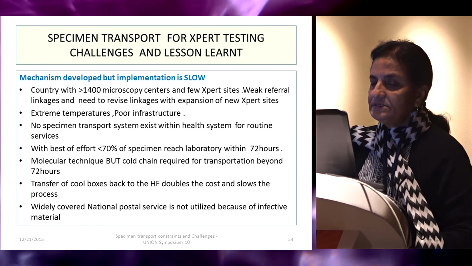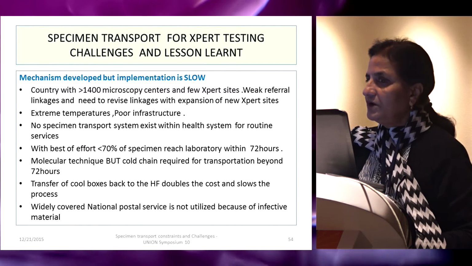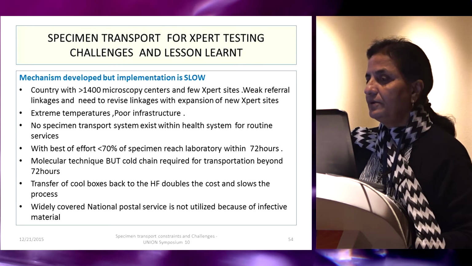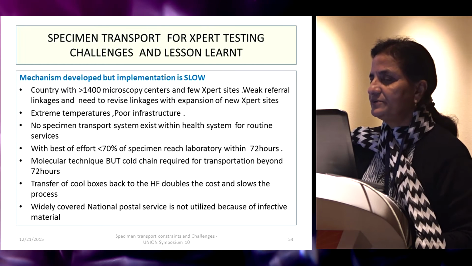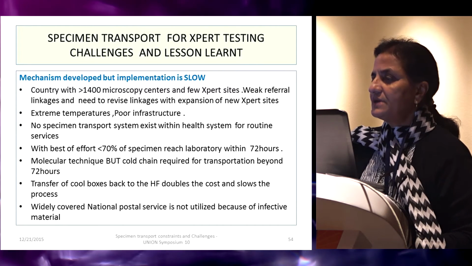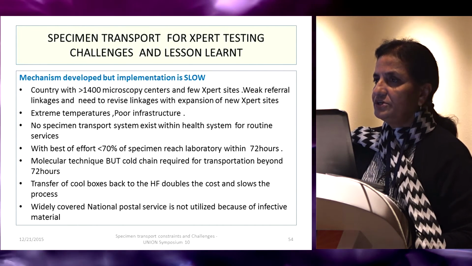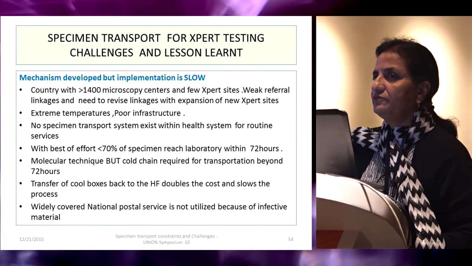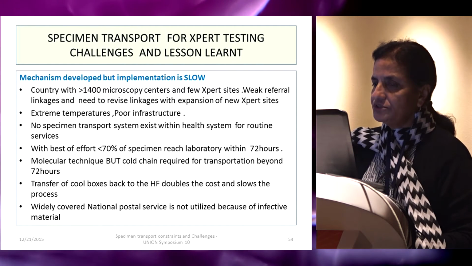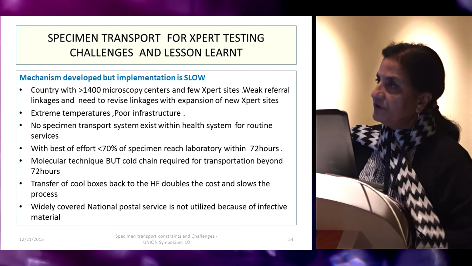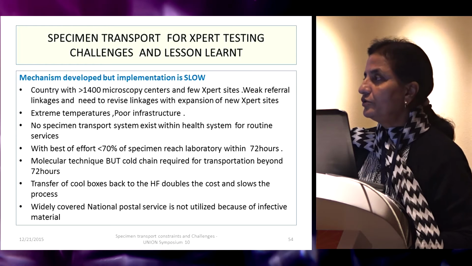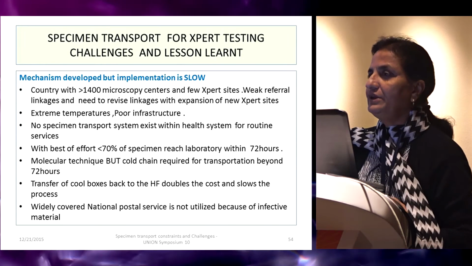So the challenges are that the country with 1,400 basic management units with microscopy services has few Xpert sites, and we don't have established referral linkages. So it's the TB program taking the initiative, developing these referral linkages. However, because the laboratory network is expanding, every time we have new laboratories becoming functional, we have to revise